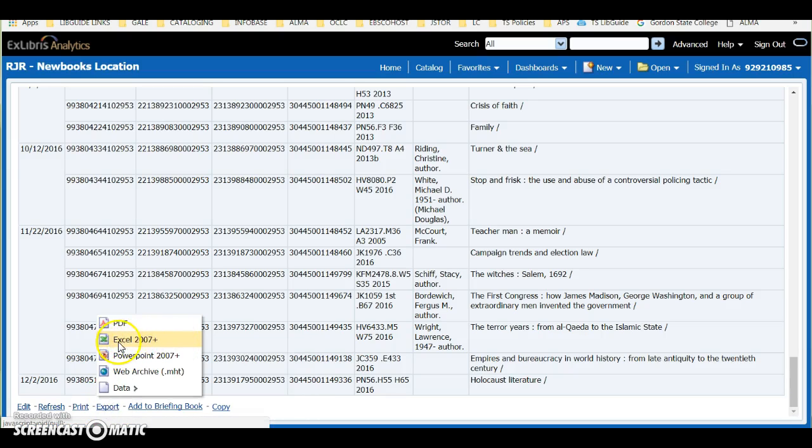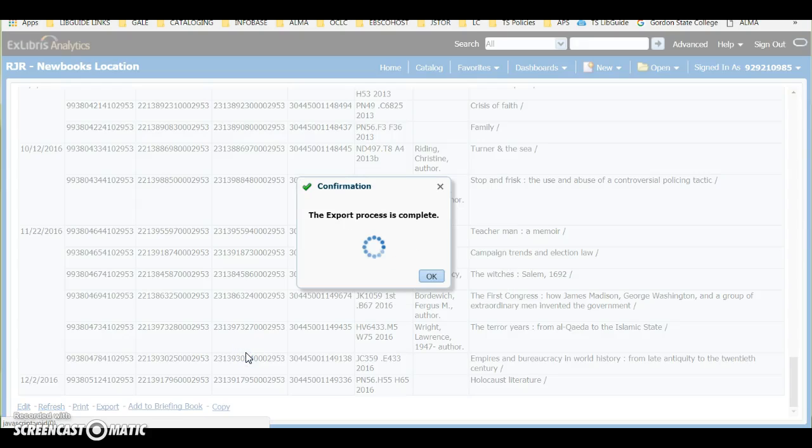Our IT department changed the version of Excel that we use, and for some reason I can't open up this report in Excel anymore, but I used to be able to. So probably, depending on what kind of version of Excel you have, you would be able to just open it up in Excel, which would be easier. But the way I did it was I clicked on Data and CSV format,